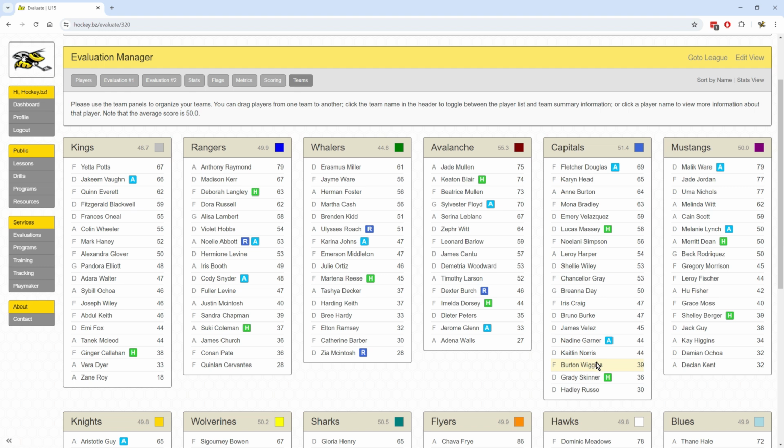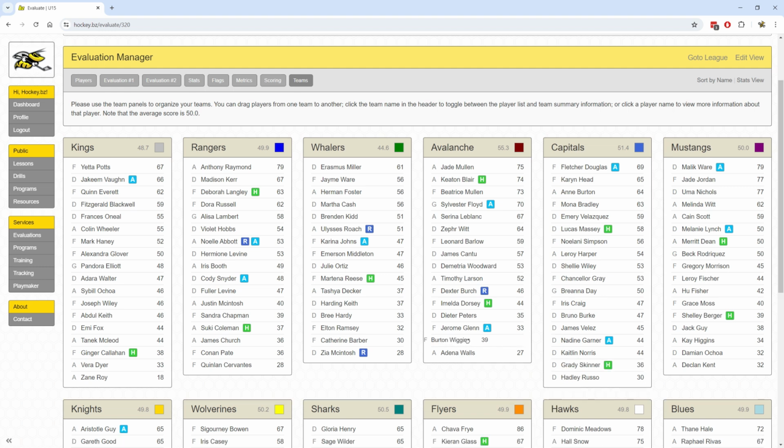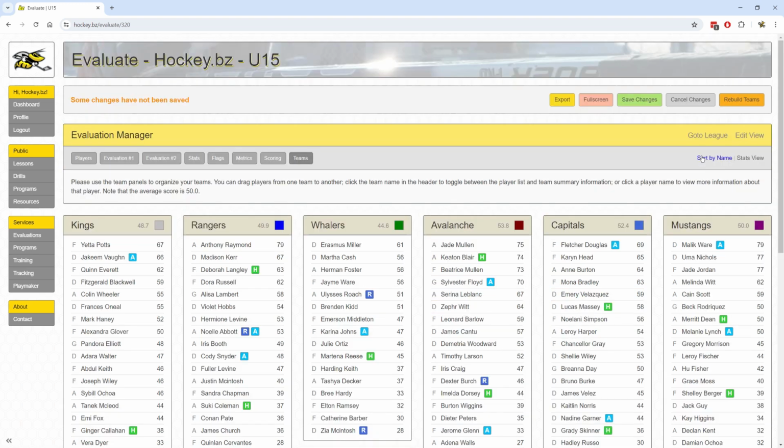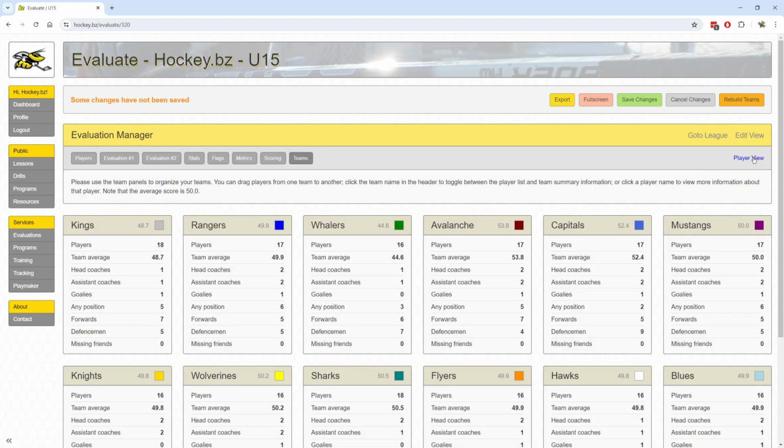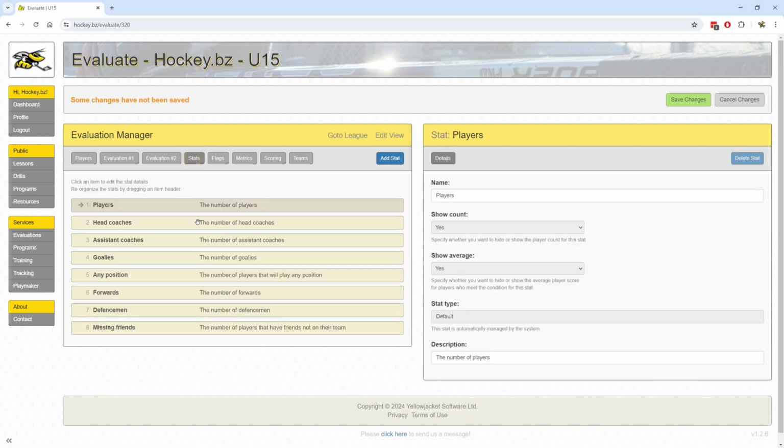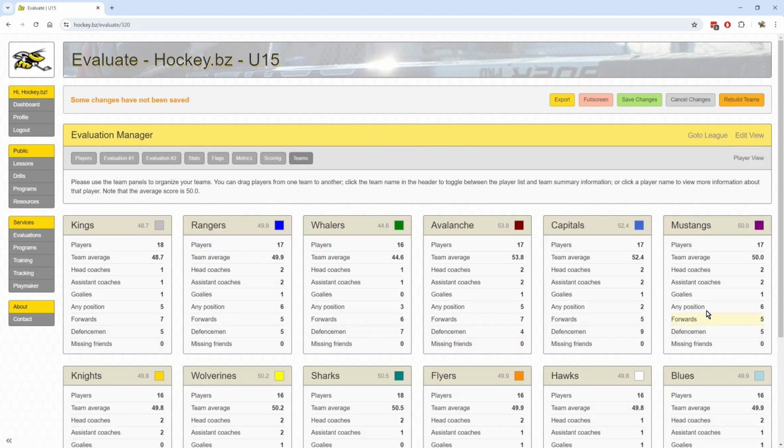And let's just move a player back to the Avalanche to make the equal number of players. Let's have a closer look at the stats view for each team. This information by default is pulled from the stats tab over here. And you can see right now we're just showing the counts of the various types of players and problems potentially